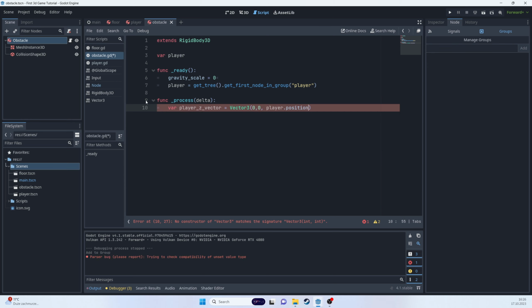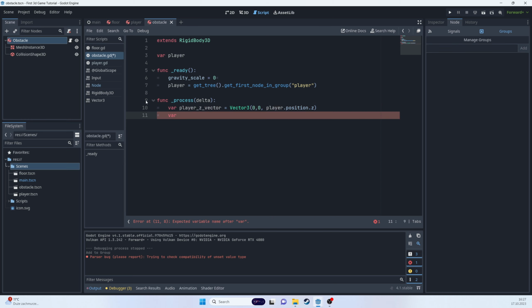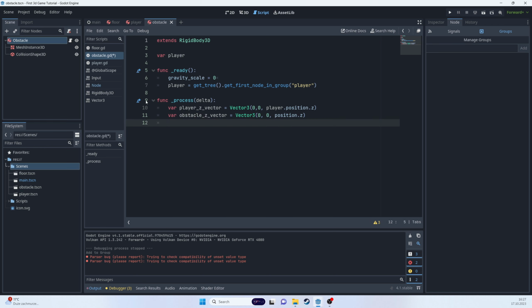Player position z, and then the obstacle z vector is of course Vector3 0, 0, position z, and then I would like to find the distance between those vectors. This is the player z vector, and there's a method called distance to